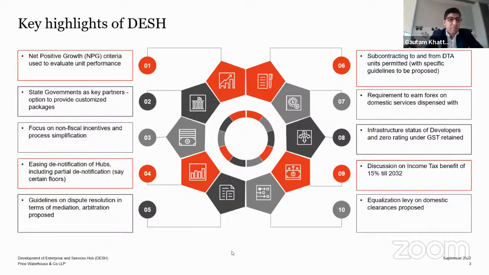Therefore, they would enjoy that cash flow advantage which this new legislation would bring in, and there is no duty which would be paid on the finished goods, no customs duty which would be paid on the finished goods. So that is a drastic change from the existing legislation. However,